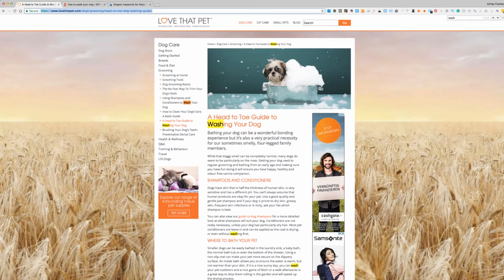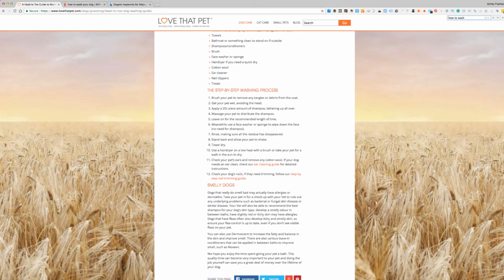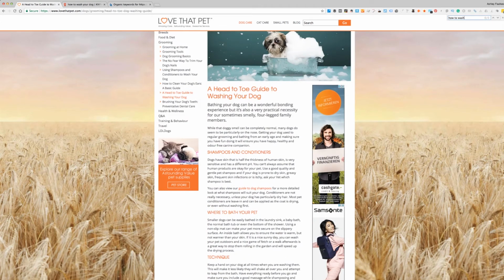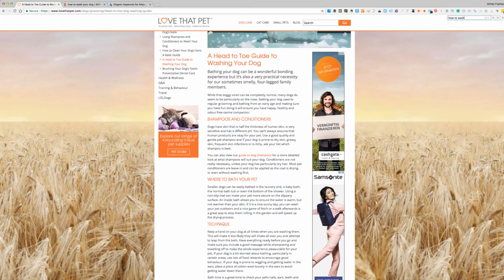And if I actually look for the keyword on here, how to wash your dog, it doesn't even come up. They have not even got the keyword in here once. That's not to say you shouldn't. I recommend having the keyword in a couple of times, at least in the heading, the URL, maybe the first paragraph, and that's really about it. As long as you're solving the problem, answering the user's question, creating comprehensive content, you can actually rank today really, really well.